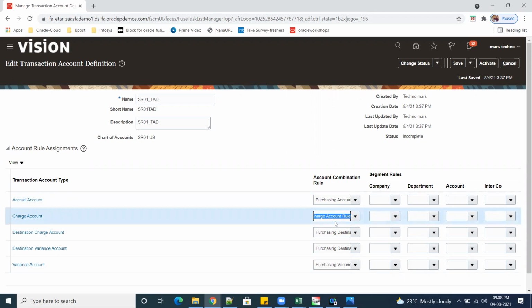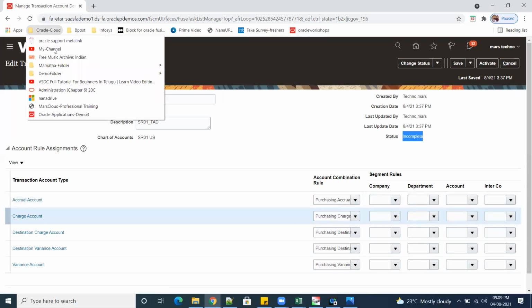After that, I want to overwrite my account combination, either overriding my department or the company. For that, click on save. I have not activated this one yet, so let me create my own account combination. Later you can append your accounting rule here. So how do we do that?